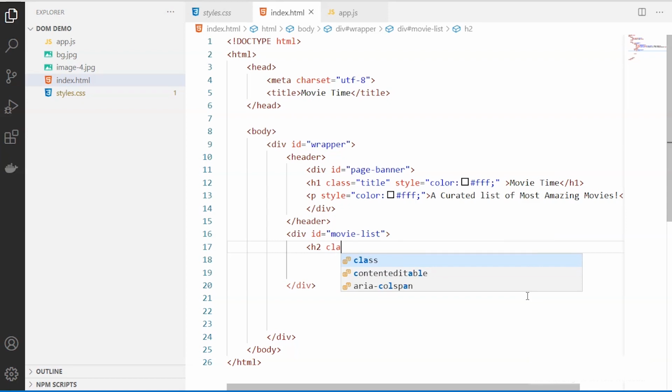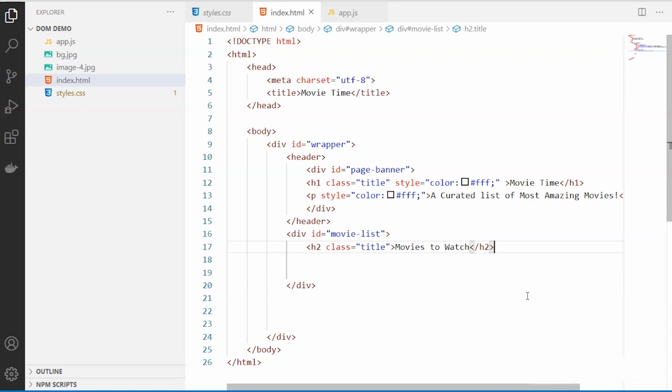So I'm using my H2, where again I give this title class, which will be used in styling, and within it I will say movies to. So this will be the title for the list.